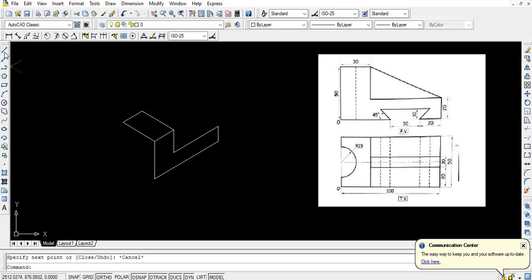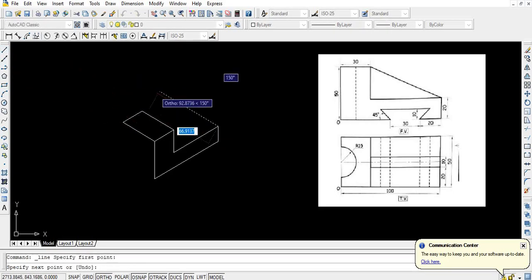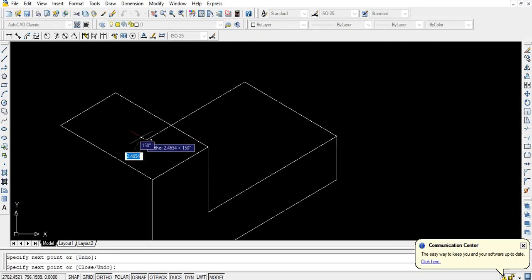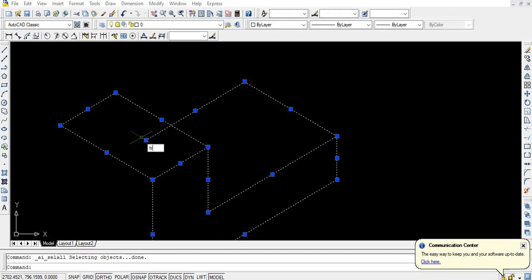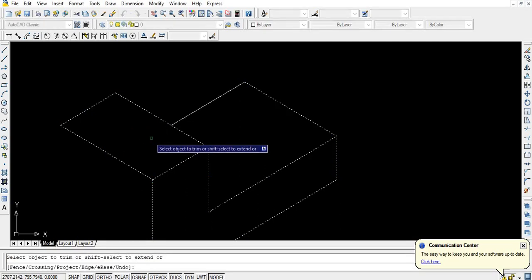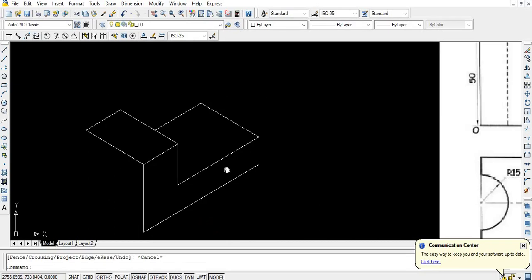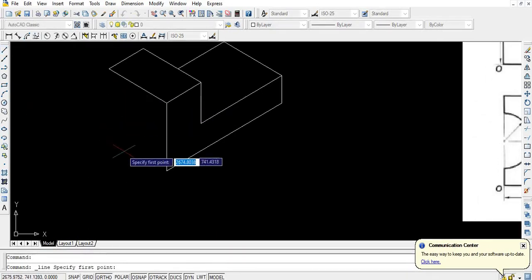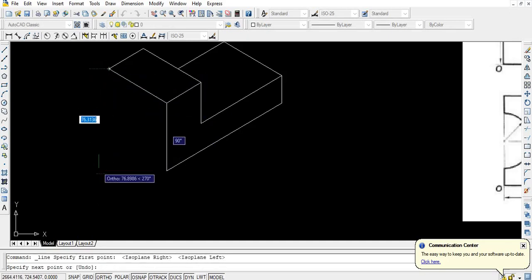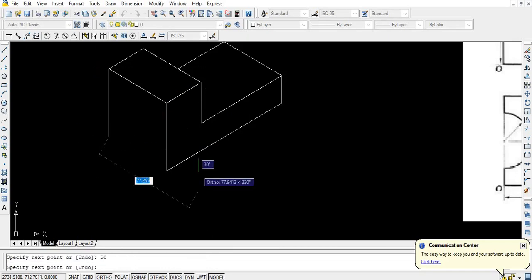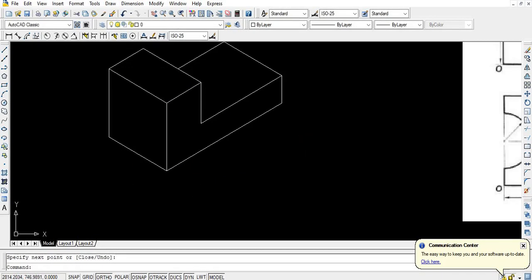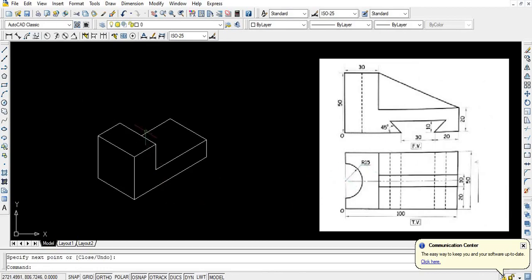Okay. Similarly from this point draw 50 mm, and this side you can draw. Okay. Next, Control A, TR, enter. Trim this, Control A, TR, enter and select the part. Now this part comes under a right plane, so you have to select the right plane, so that you can complete this part. It is 50 mm, again it is 50 mm. Okay. Now you can see here we've got a rough structure of the block.